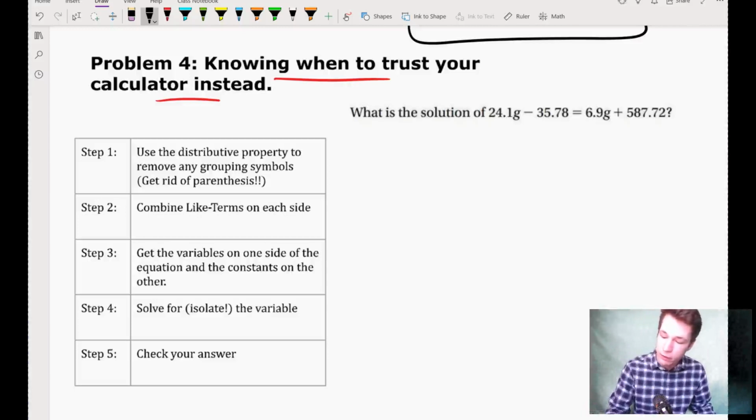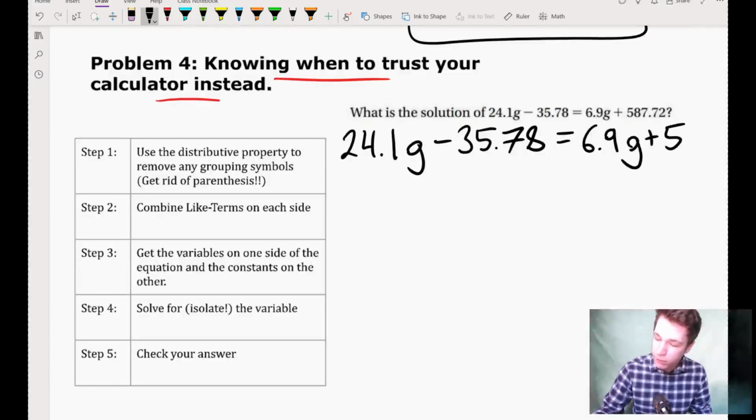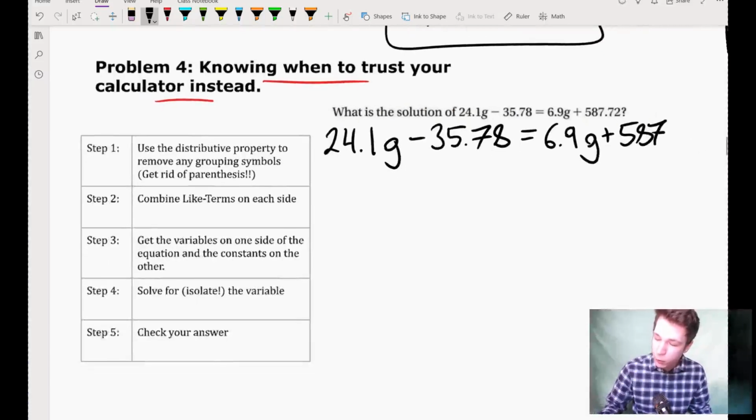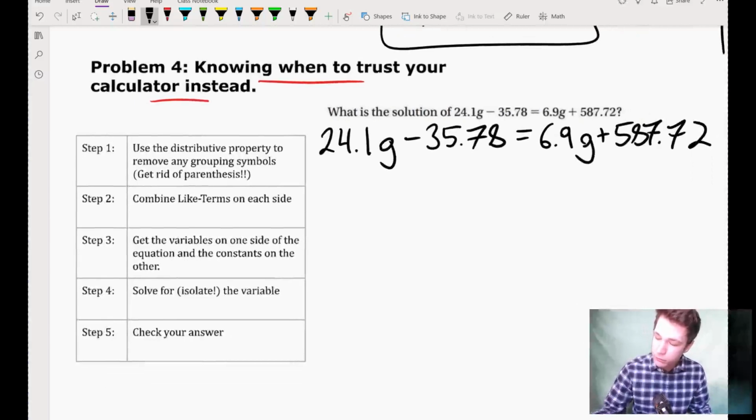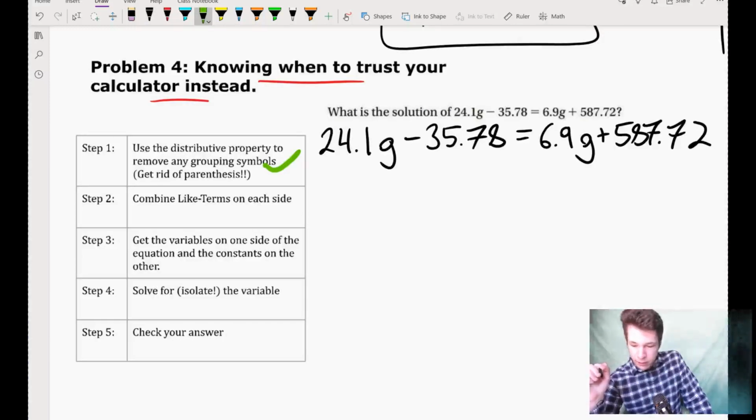Okay, let's rewrite this equation just so you see where the problem is here. 24.1g minus 35.78 is equal to 6.9g plus 587.72. Okay, so now you kind of see the issue. The calculator part will come in handy, but the first couple of steps are still the same. We still don't have to worry about step 1, no parentheses yet. We don't have to worry about step 2, because essentially,